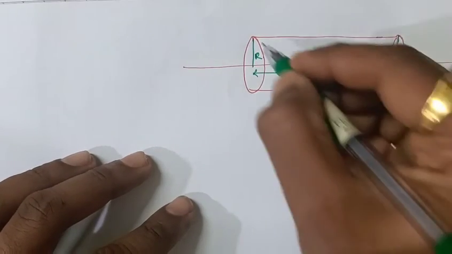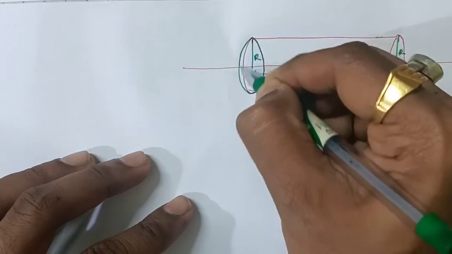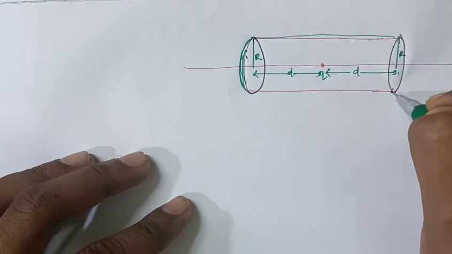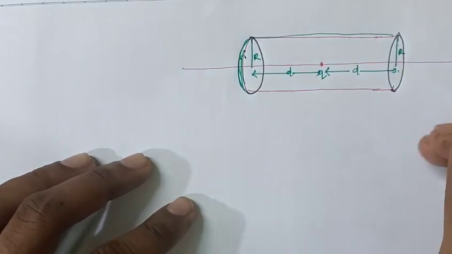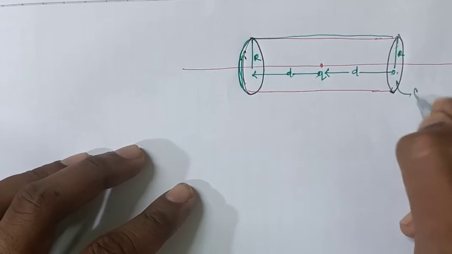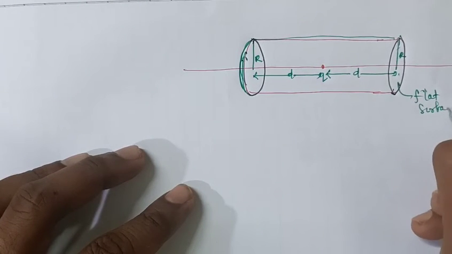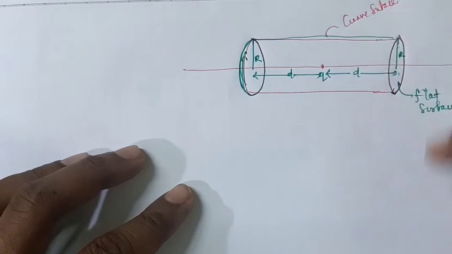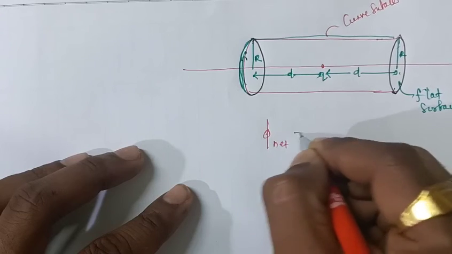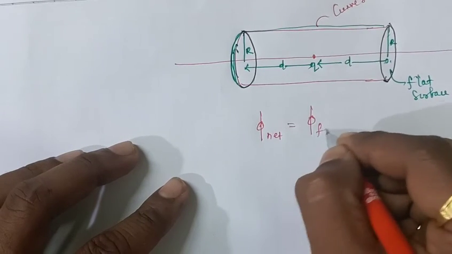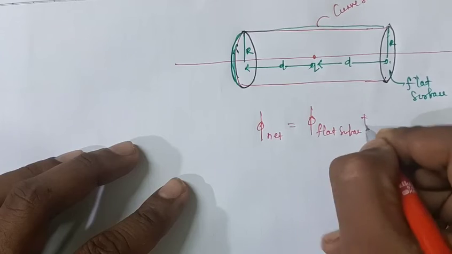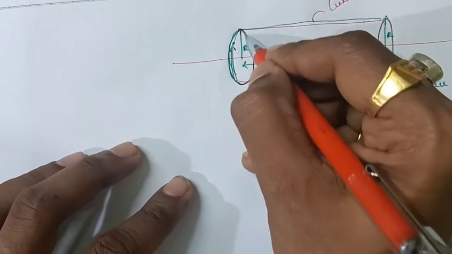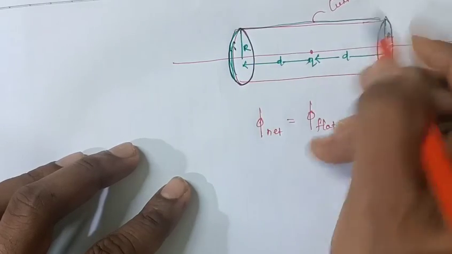how much flux will be coming out of this curved surface. If you observe very carefully, the cylinder has two kinds of surfaces: one is the flat surface, and this is the curved surface. So the net flux is nothing but a combination of two surfaces. One is the flat surface and one is the curved surface. We know if a charge is enclosed within a closed surface,